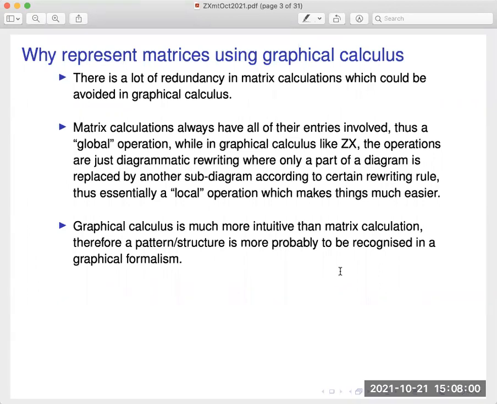And finally, the graphical calculus is more intuitive, and as a consequence, if you do rewriting to simplify diagrams, it's easier to find a pattern or a structure. So that's the reason I can think of why we want to use diagrams for matrices,